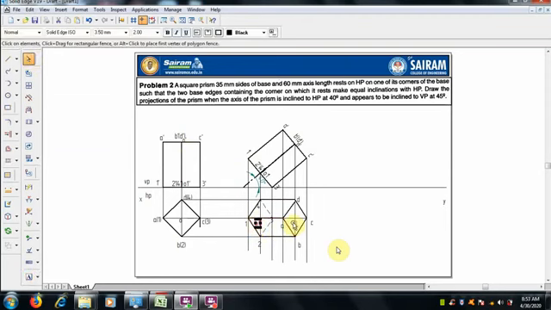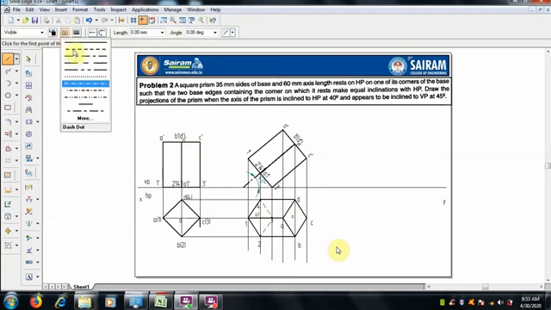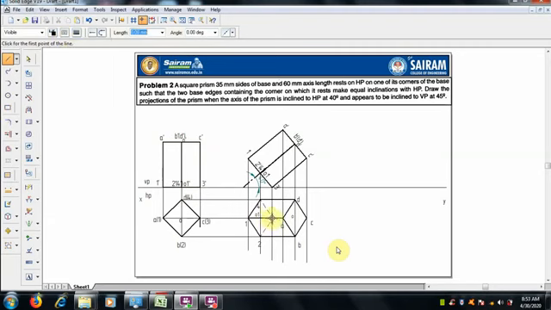O1 is the base, this axis point, end point, and at the top it is O. 3 to C is a line, that is the edge, which should also be done with the hidden line.